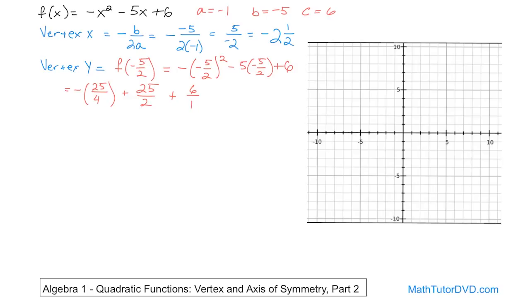So let's go ahead and do that work right now. And what we're going to have is negative 25 over 4 plus 25 over 2. But now I'm going to multiply top and bottom by 2. And then finally over here I have the 6 over 1, and I'm going to multiply top and bottom times 4. And I told you this would